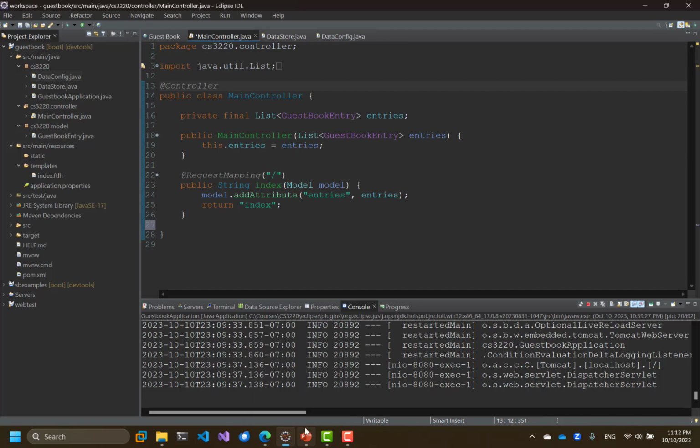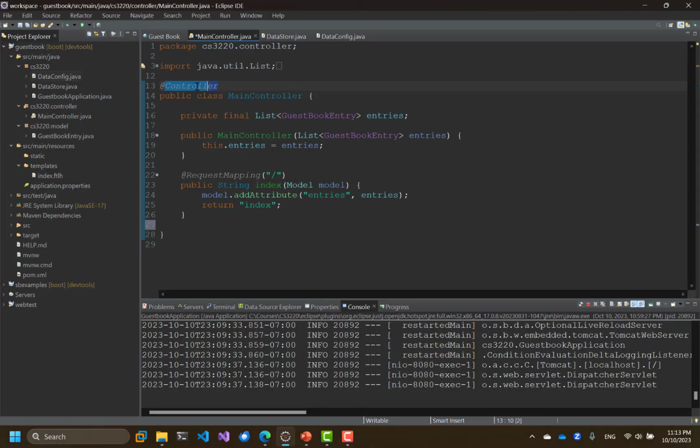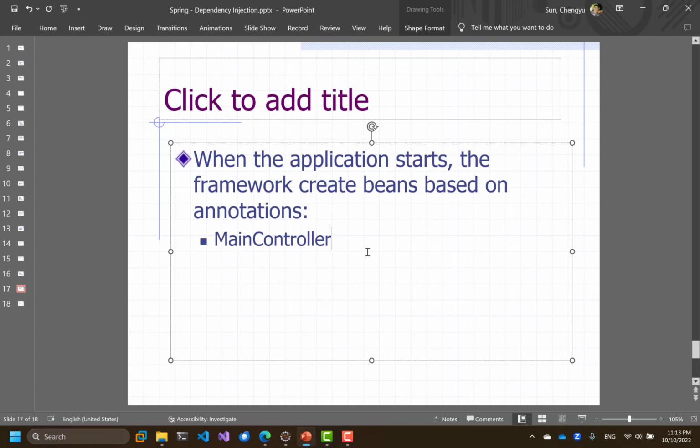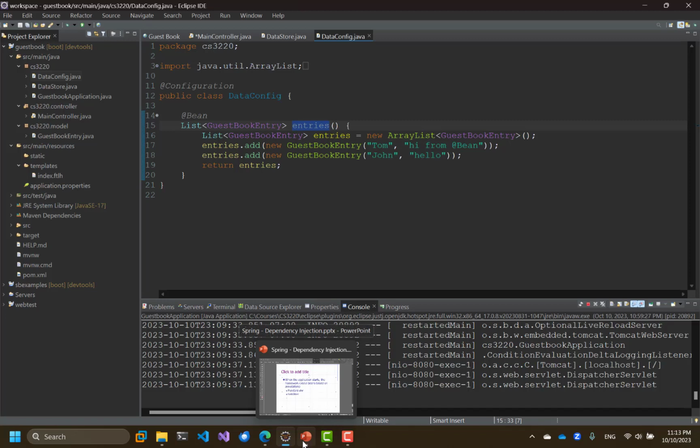It will create a bean called main controller, and that's because this bean has this controller annotation, and it will also create a bean data store because this bean has this component annotation. So it will create a data store bean, and it will create a third bean called entries. Notice that this one, the bean is on the method, right? So it will create a bean called entries,